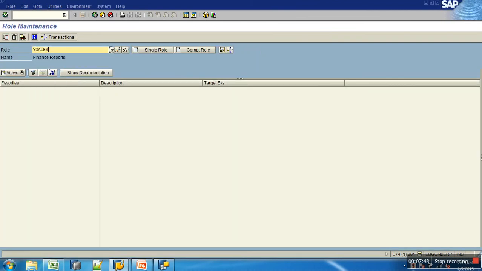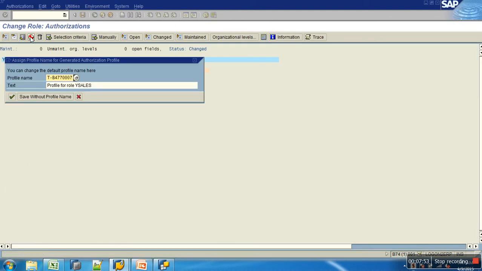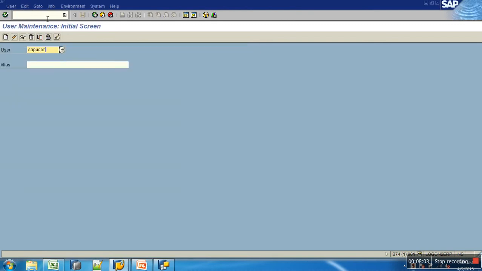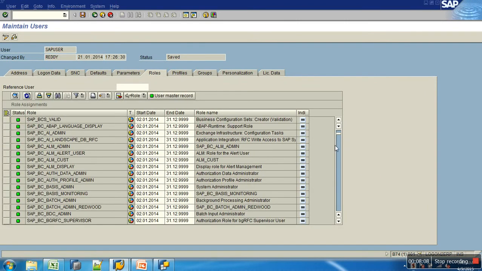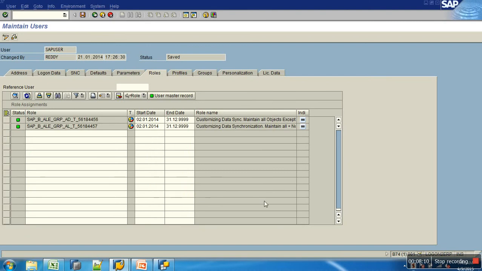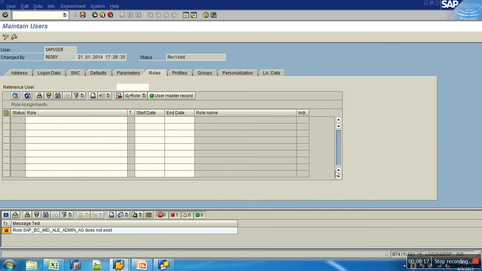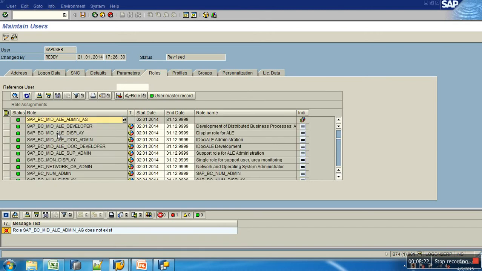For Y sales also, just generate. So both roles are ready. First of all, I'll assign these to my user, the SAP user. First of all, he should have access to those two roles. Y sales, Y fin.